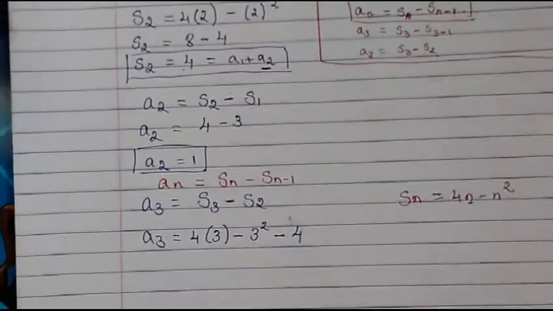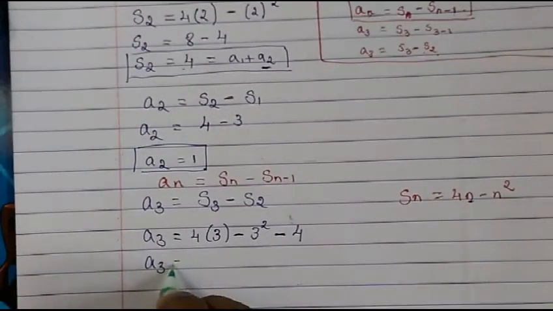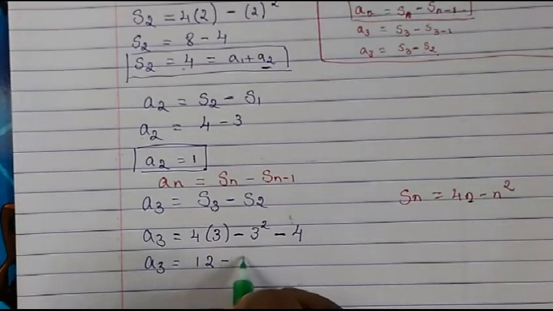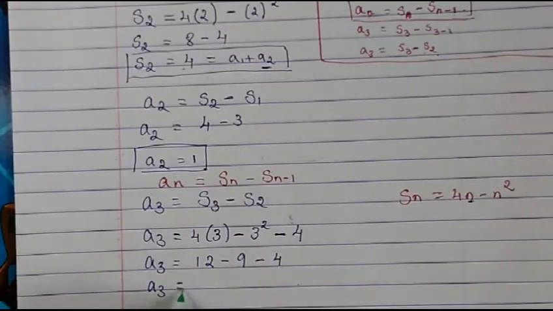S2 we found out, that is 4. So 4 threes are 12, minus 3 threes are 9, 3 square, then minus 4. So 12 minus 9 minus 4 will give